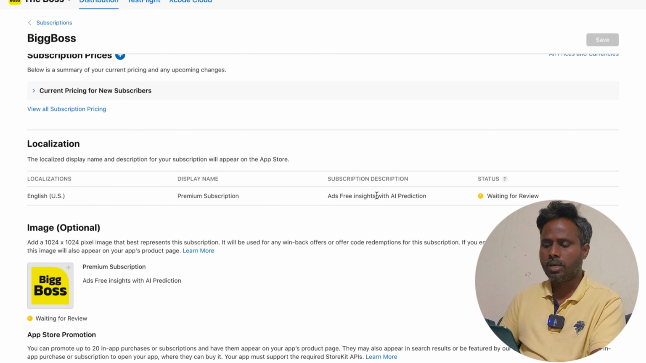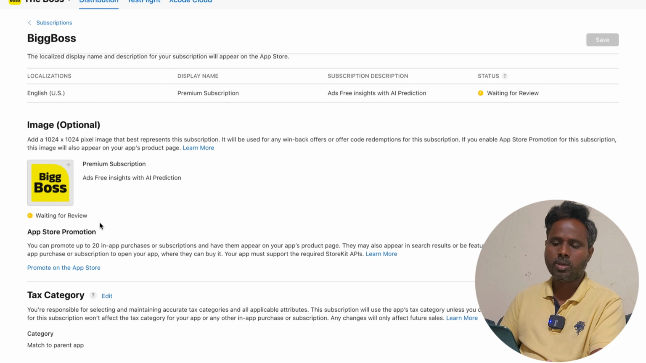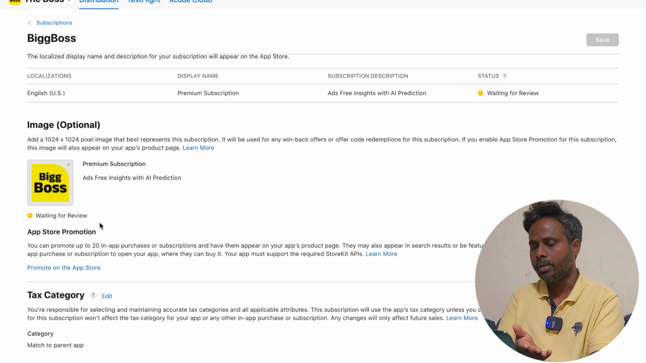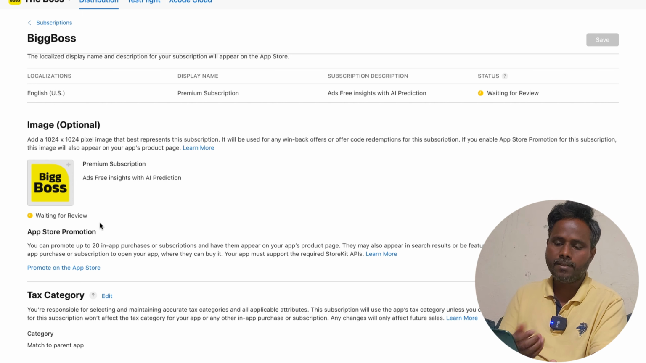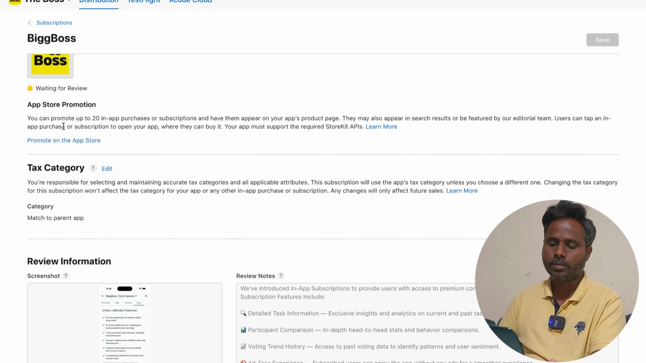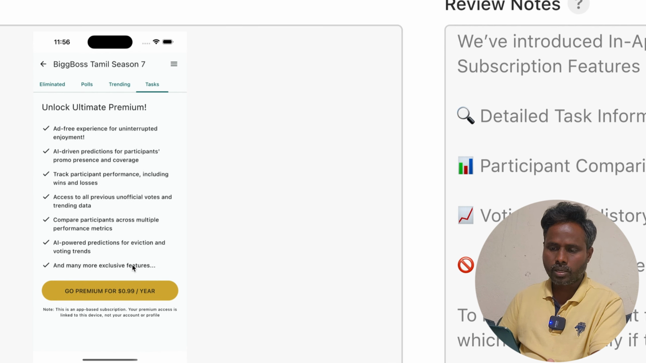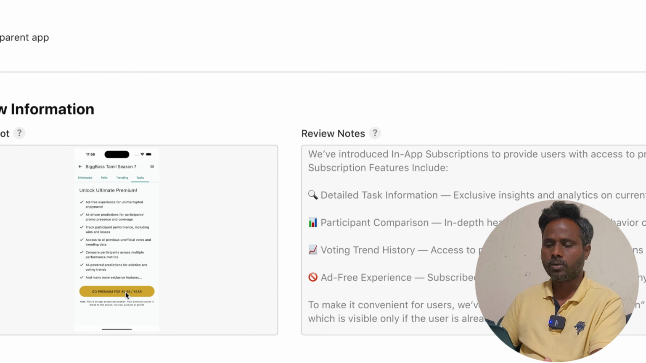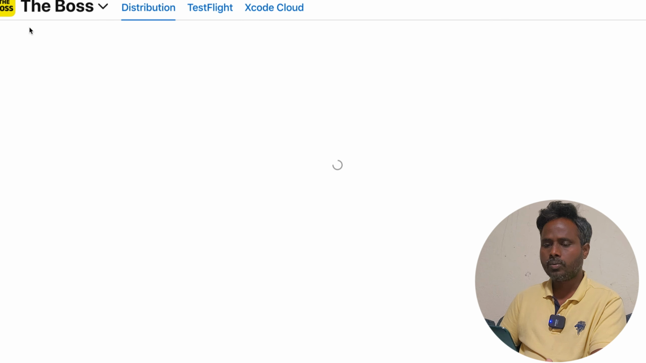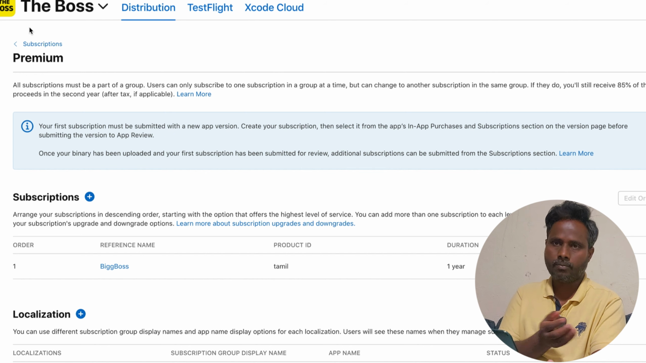And then if you go down, I provide some localization information and an image. You can provide any image that is going to pull in customers. But here it is the Big Boss application, so I just use the default image for this particular product. And then for review information, I tell Apple, hey, this is how this particular UI looks. I'm really not sure whether you are able to see my UI or not. So this is my feature, with the Go Premium button so that it can be visible to the user. Once you've done all this, then we have to go into the Kotlin Multiplatform API